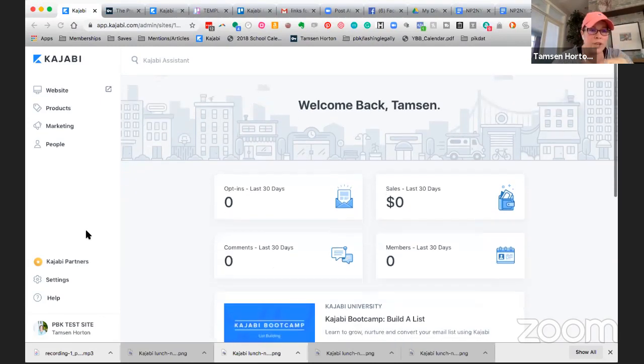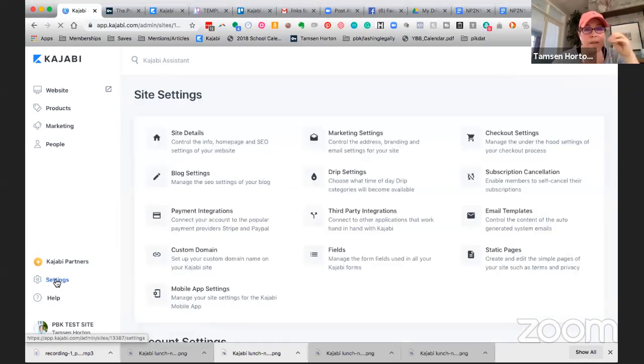But when you have the domain, you want to go into your settings, and you can only have one custom domain on your, what I'm going to call the site level. So my whole Kajabi site, I can only set up one custom domain. However, custom domains can be redirected to as many standalone pages as you want.